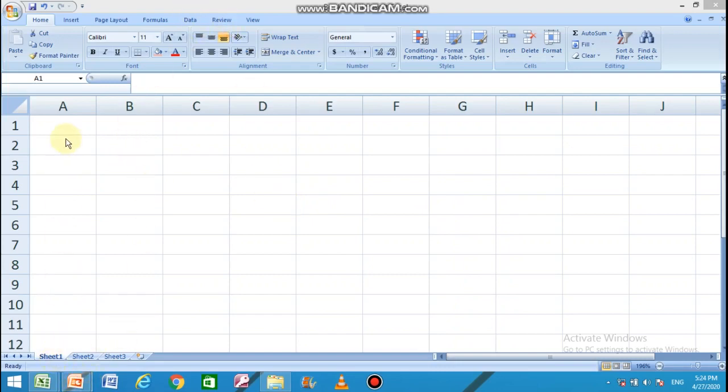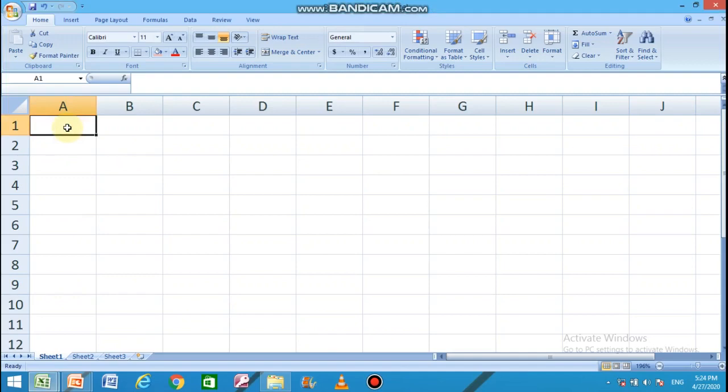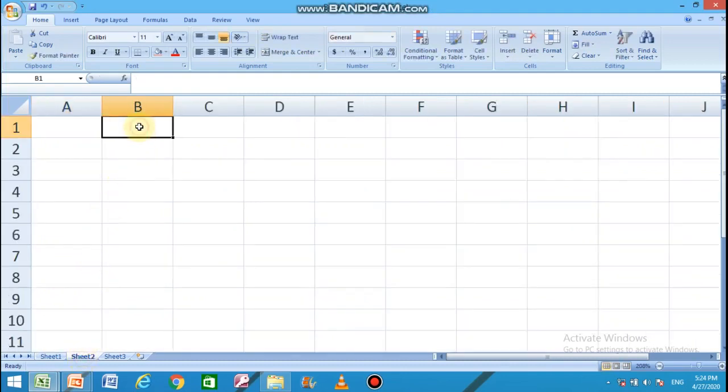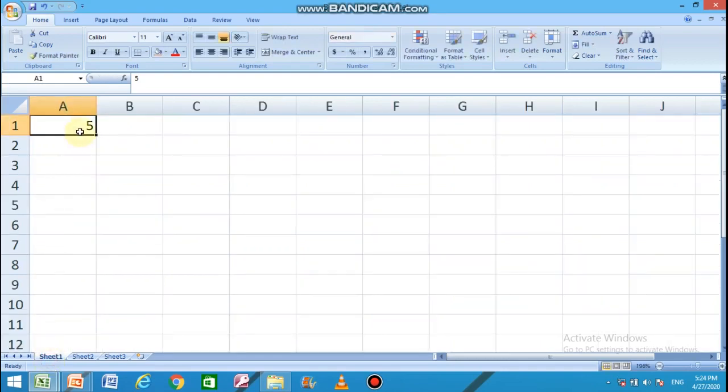Suppose in Sheet 1, in cell A1 I typed 5. In Sheet 2, in cell B1 I typed 5, and I want these two values to be added, and I want the result in Sheet 3.